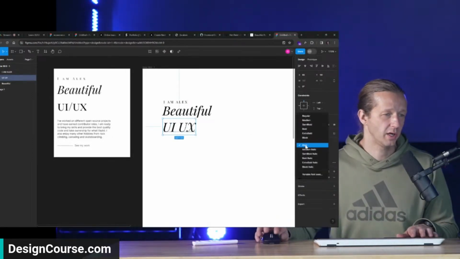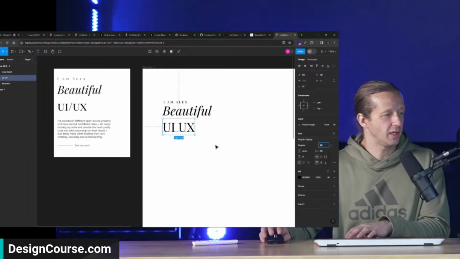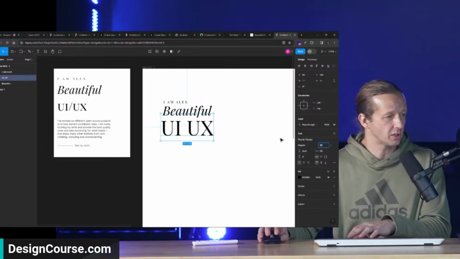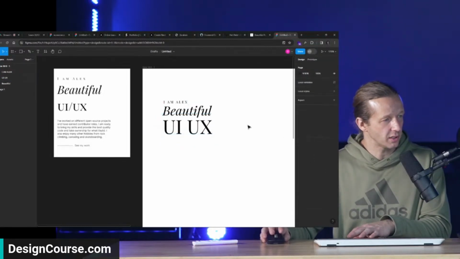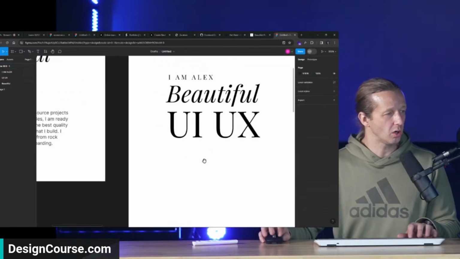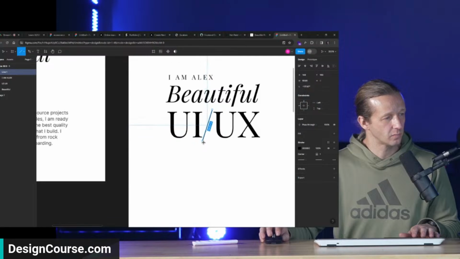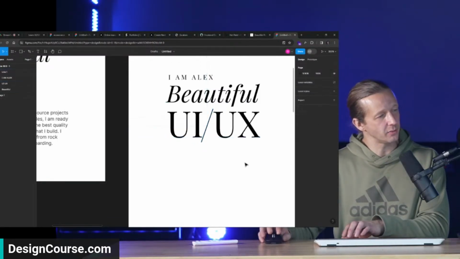All right, and now let's go ahead and take this one. We'll make it regular. You could do something even interesting like this. Make it a little bit smaller. Again, I'm just kind of getting things lined up here. We'll do our own little slash. So we'll use the line tool, L, something like right around there. We'll see what that looks like.